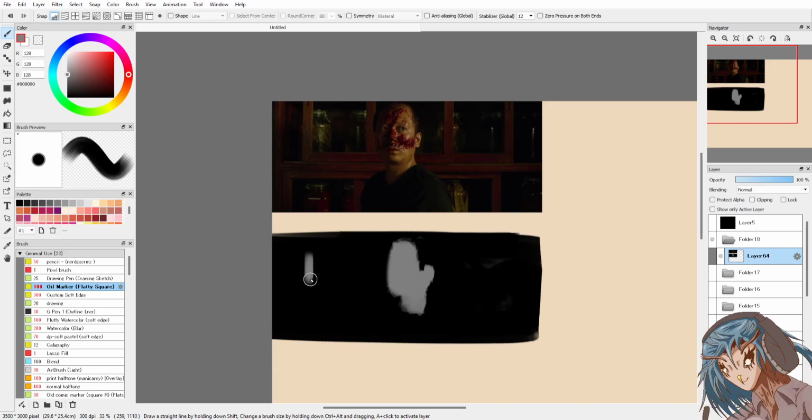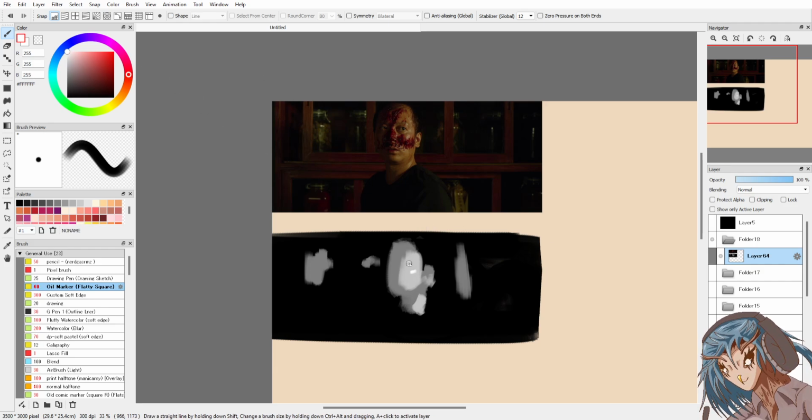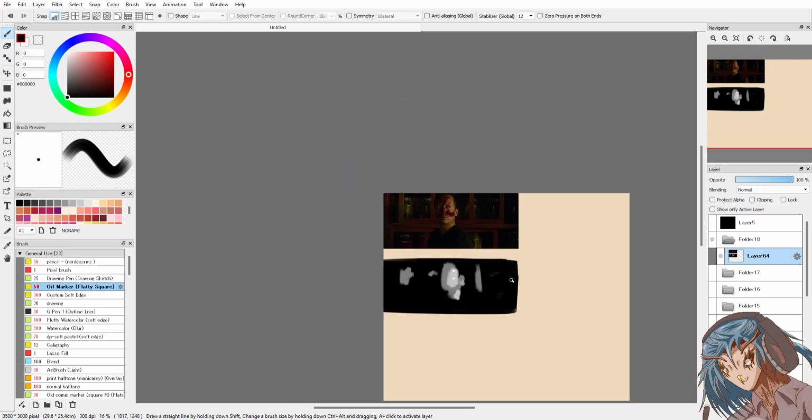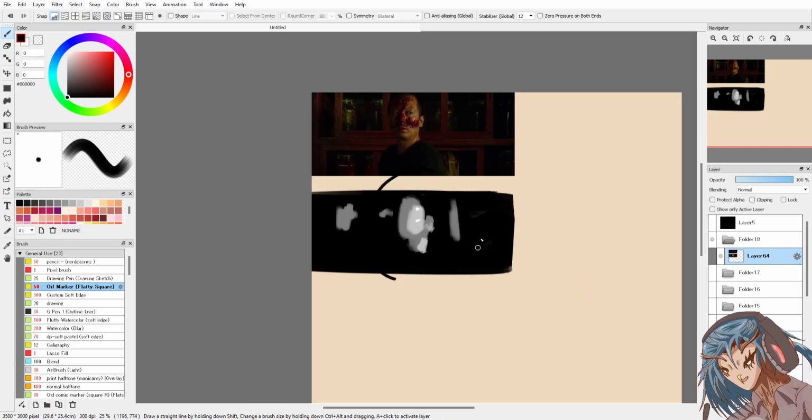Let's see. I see some value block back here. Brightest point, focal point is the face. Highlights in the cheek. Something like that. Valley arrangement. Brightest at the front. Focal point.